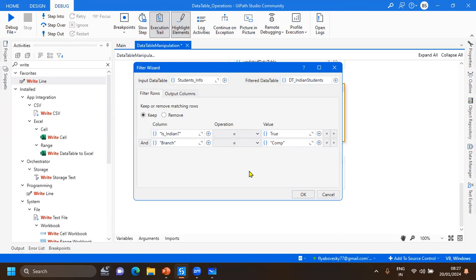Okay. If is equal to comp. But right now, between these two conditions, there is an and. So I will click on this and it will become or. Click on this and or, it will become and. So I need the or condition because I want to get the data of students, not only Indian, but also